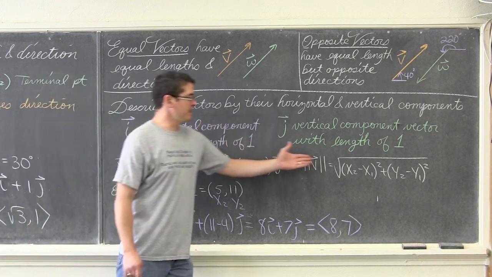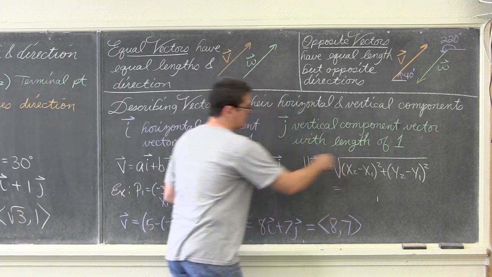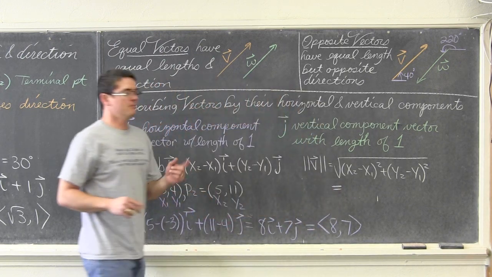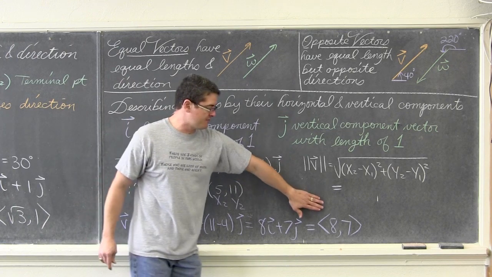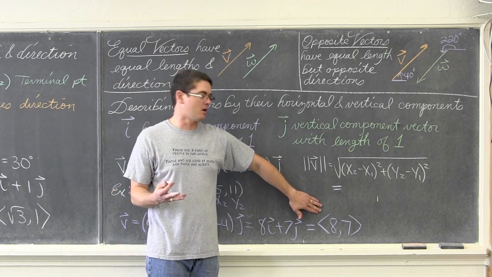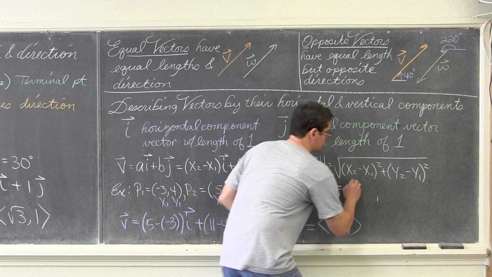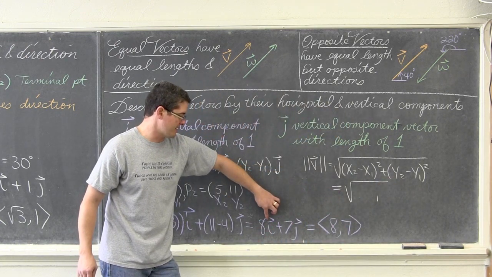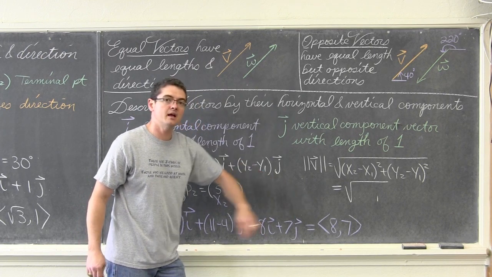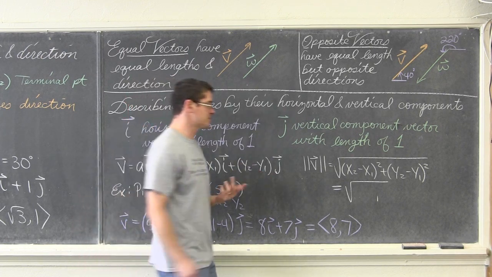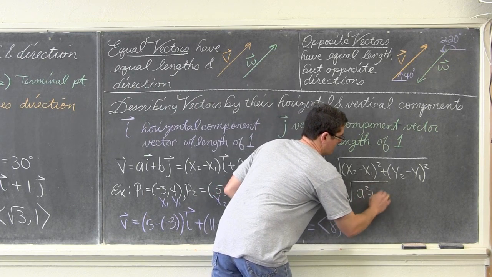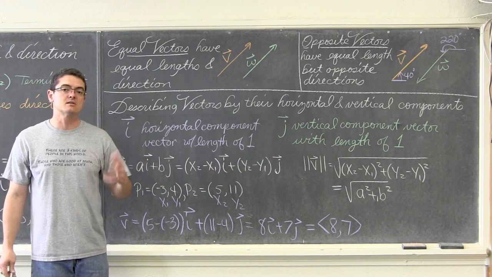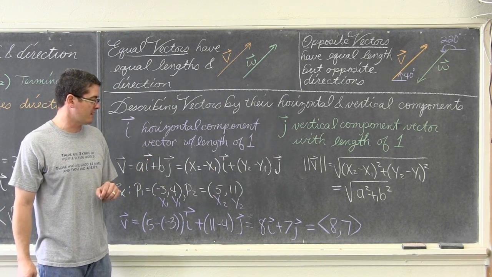So while this is the version of magnitude that my textbook uses in its notes, we might want to remember, especially when you have a vector already in its component form, whether I look here or I look here, A times vector i plus B times vector j, that the magnitude of a vector is also simply the square root of A squared plus B squared, which is basically just Pythagorean. It is the Pythagorean theorem. That's how we derive the distance formula from the Pythagorean theorem.